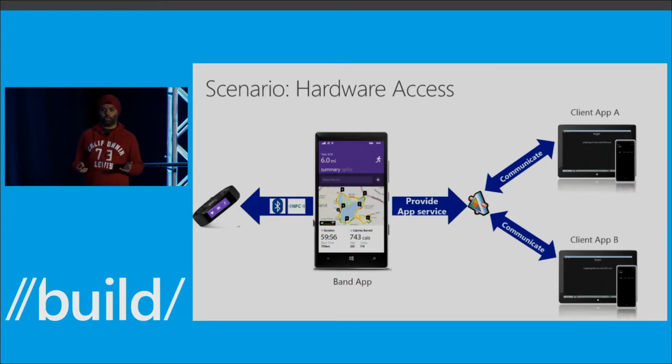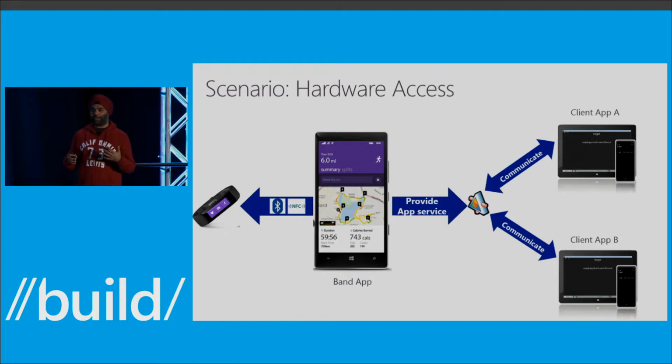But the band app can talk to the band. It has historical data on what your band's been doing, what your heart rate's been over all this time. And other apps, client apps, instead of talking to the band directly, in which case all they get is the data right now, they can actually talk to an app service that a band app provides. And the band app can effectively arbitrate access to that data. If the band isn't actually around at that moment, maybe it can provide historical data. Maybe it can also provide observations based on that data that the band obviously can't provide because it doesn't have a whole lot of processing power.